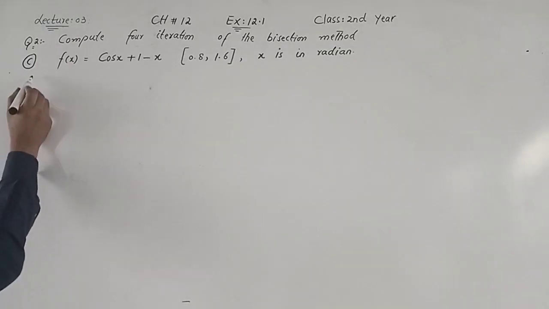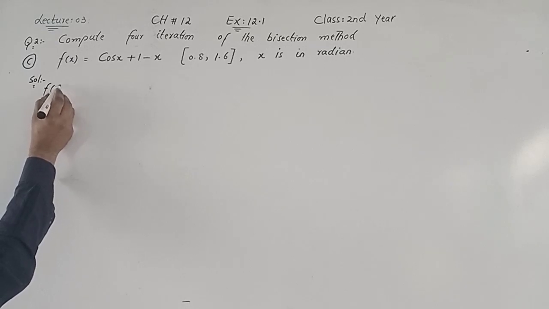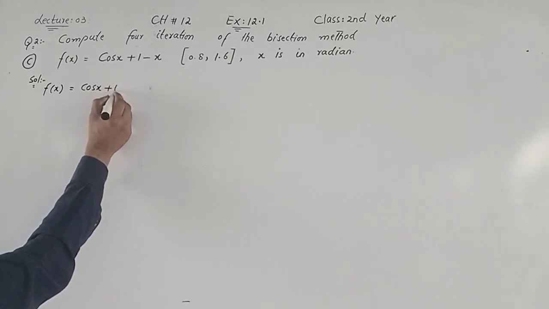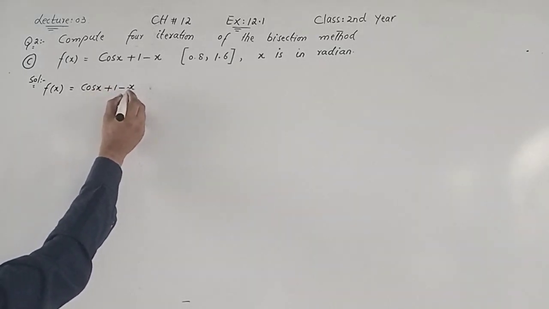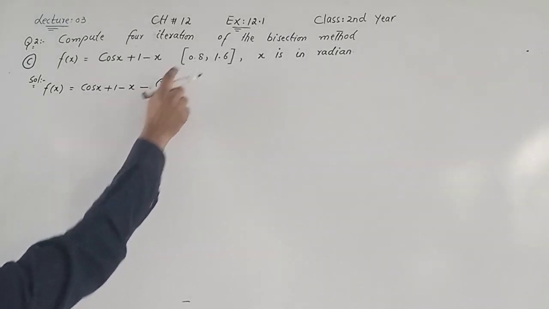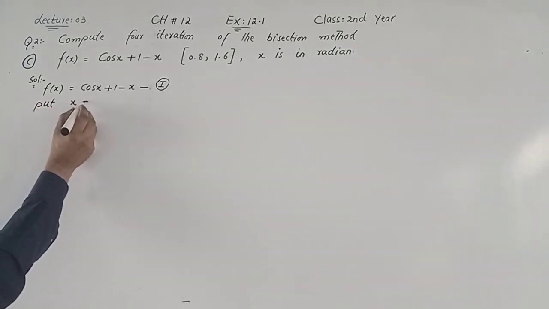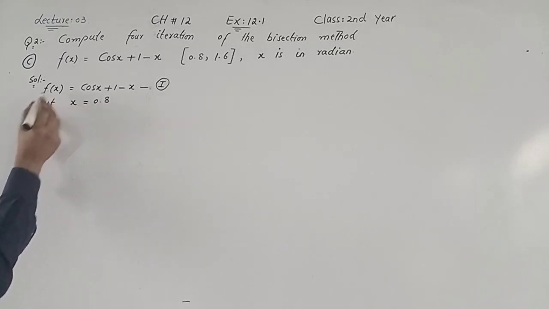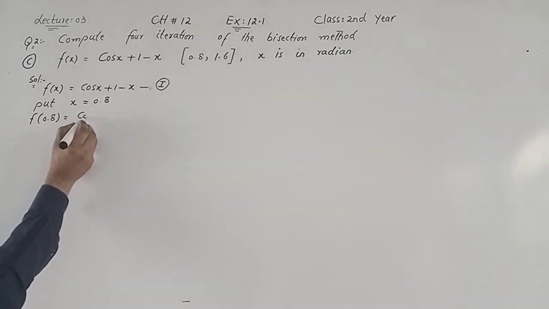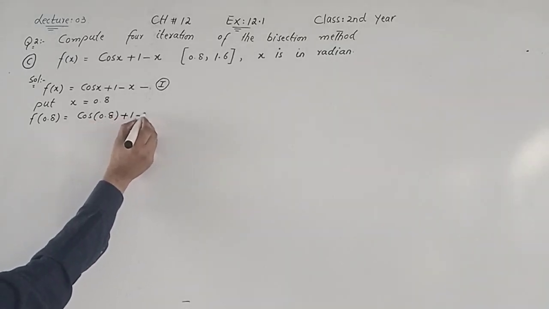Now, f of x is equal to cos x plus 1 minus x, say this is equation 1. Put initial endpoint of the interval, which is 0.8, put x is equal to 0.8. So f of 0.8 is equal to cos 0.8 plus 1 minus 0.8,